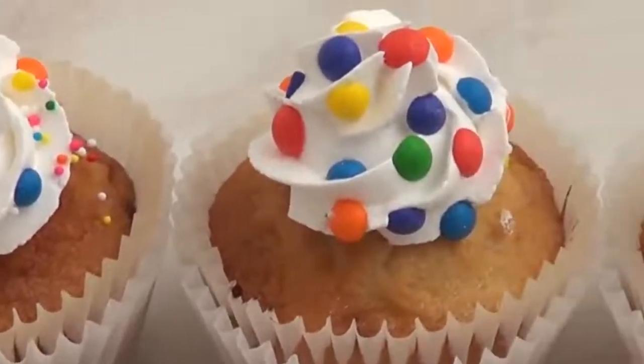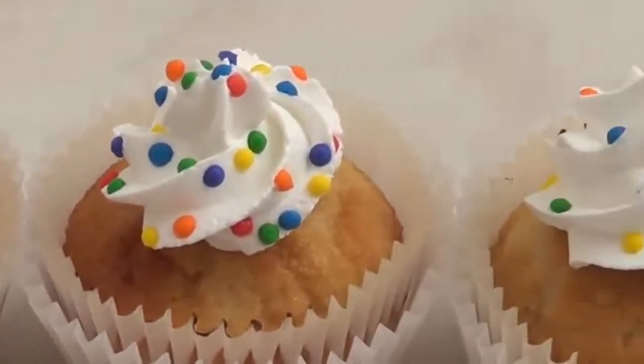And remember, this is just another way of having fun with your baking. And this is what the whole thing looks like when